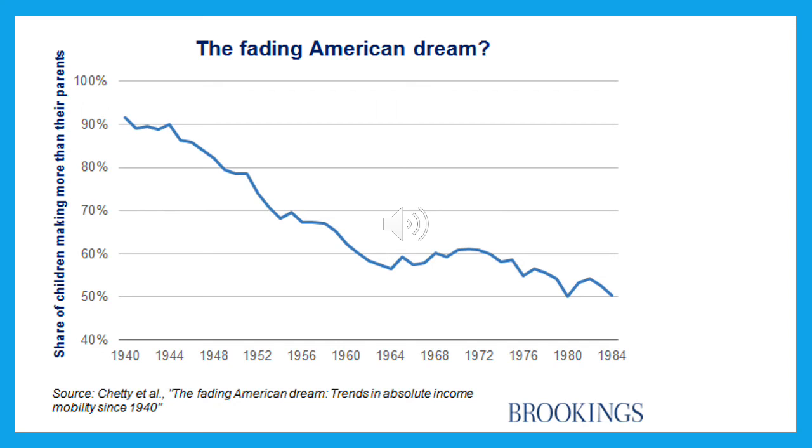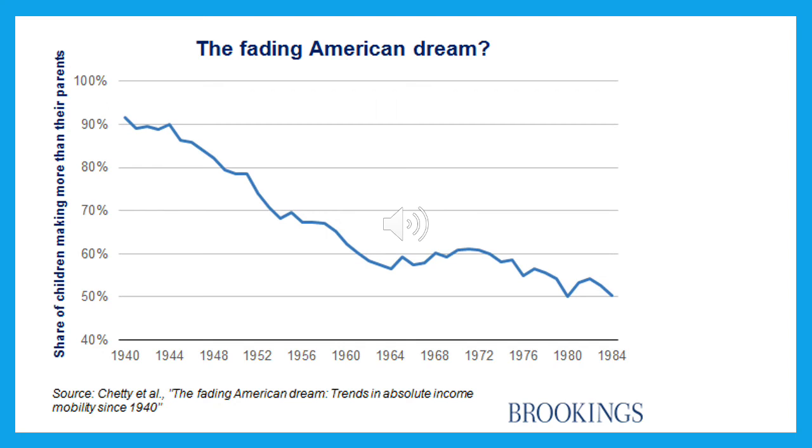We see a little rebound effect in children born in the 70s, but then by the time we get to children born in the late 70s to 80s, we see that just over 50% of children are earning more than their parents earned. So that means for my generation, just over 50% of my generation is earning more than my